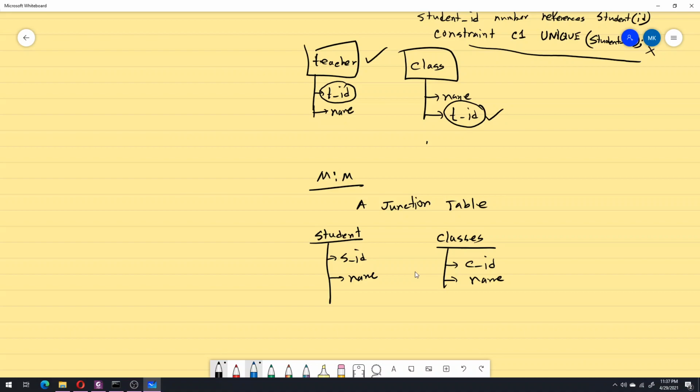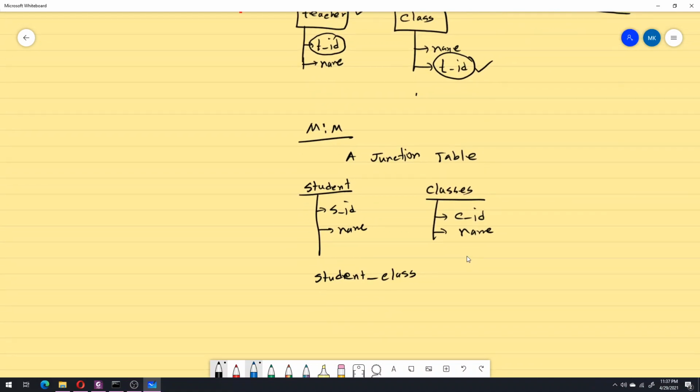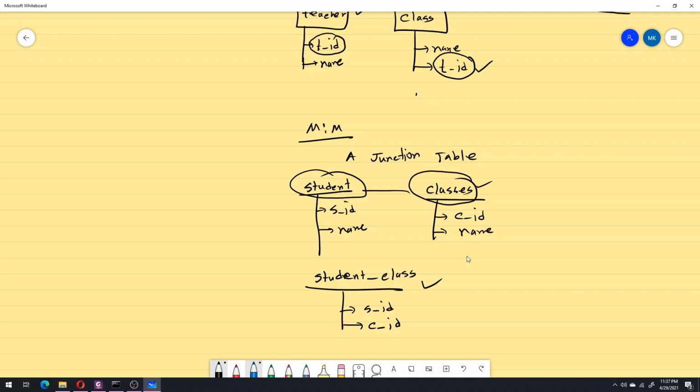Now to relate these two tables, you can use another table, the student class table, which would contain only the SID and the CID. This is the junction table, and that's how you can establish a many-to-many relationship. Why is there a many-to-many relationship in this case? Because one student can attend many classes, and one class is attended by a lot of